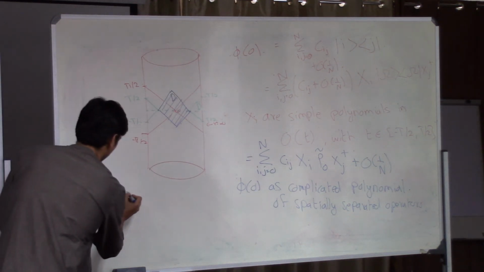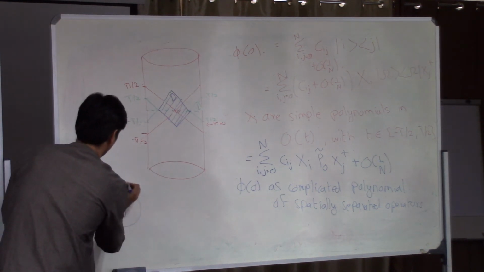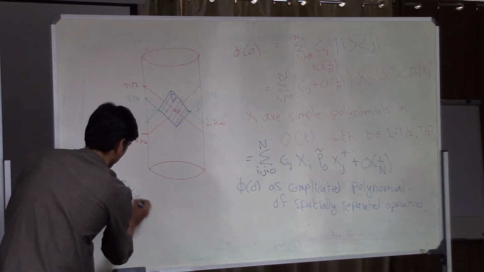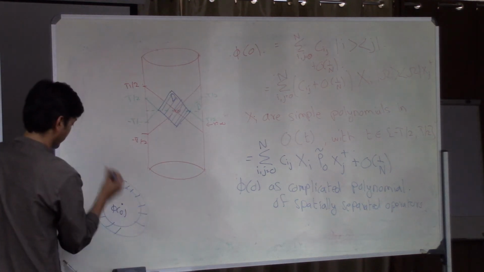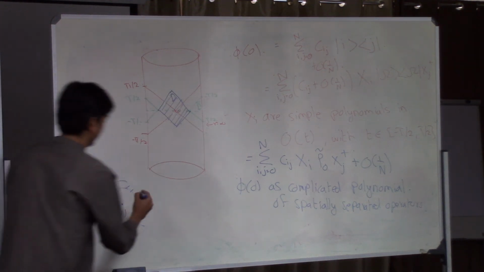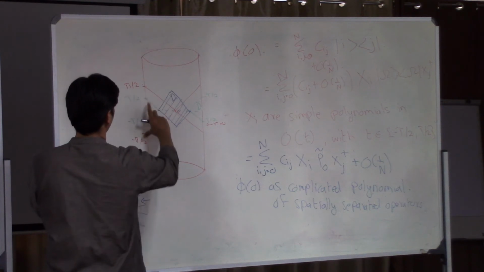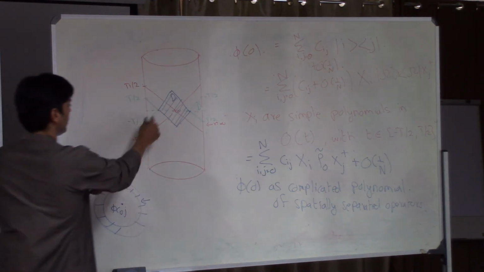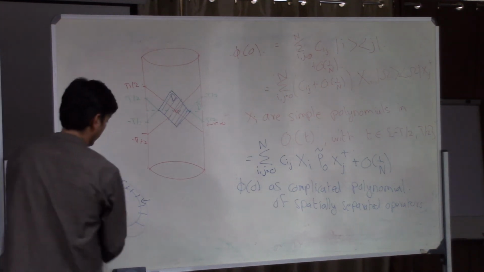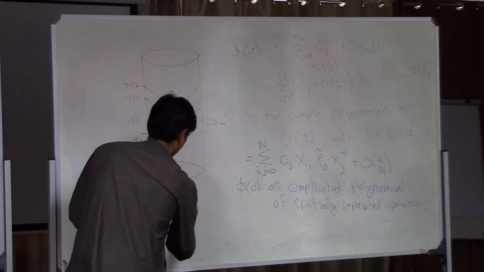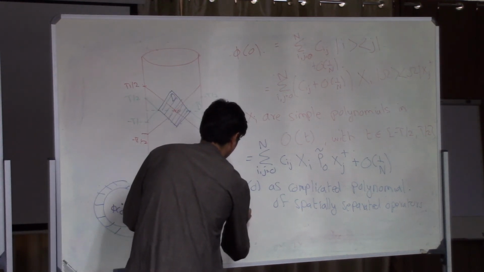Okay, so you see what we've done here, I'll just give you another picture. We have this operator phi of 0, and we have these operators in the annulus, in the boundary. This is the picture I should have drawn in the beginning. We've written phi of 0 in terms of operators that live in this annulus. Instead of thinking of operators in this band, minus t by 2 to t by 2, I could also think of operators in this part, which was the annulus. So what we've done here is written phi of 0 as a complicated polynomial of operators in the annulus.